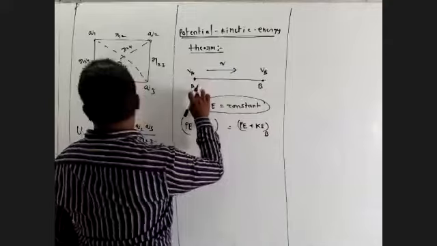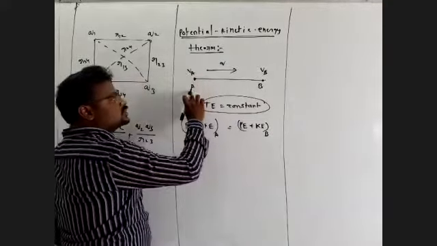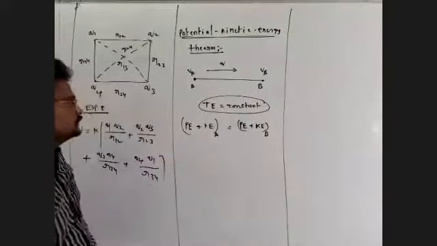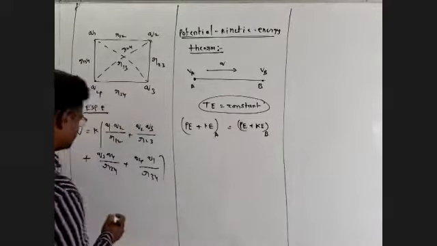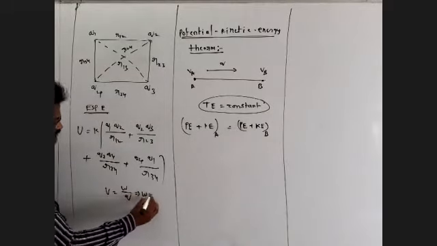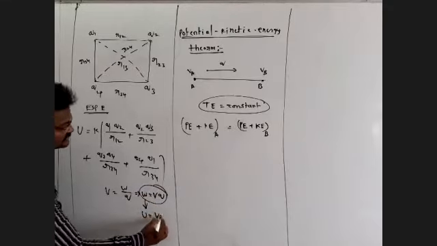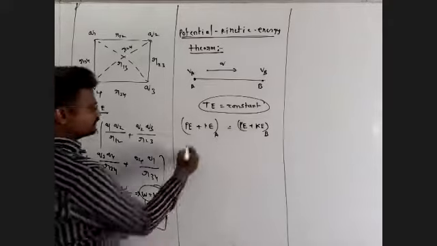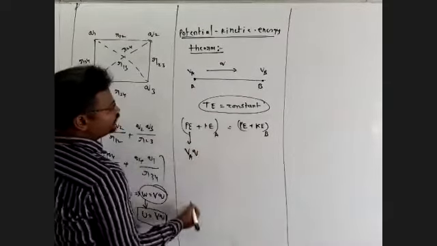At this A point, this is the electric potential at A point, and this is the electric potential at B point. This is a charge Q. So what is the potential energy at A point? V is equal to W by Q, so W is equal to VQ. Here W means energy, work means energy. So U is equal to VQ, we call this potential energy, VQ at A point.